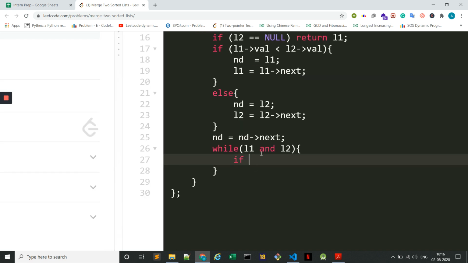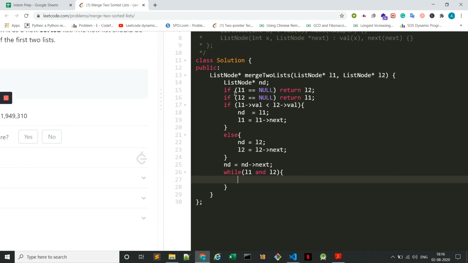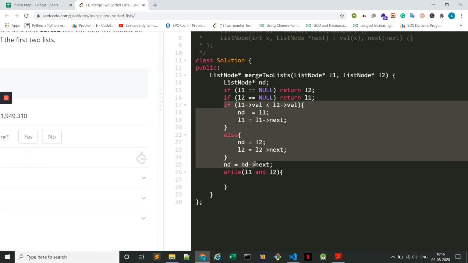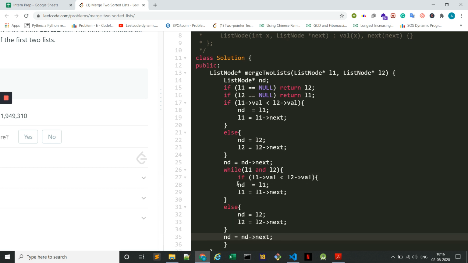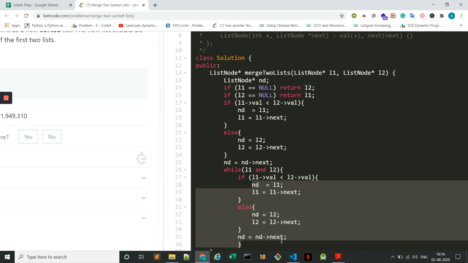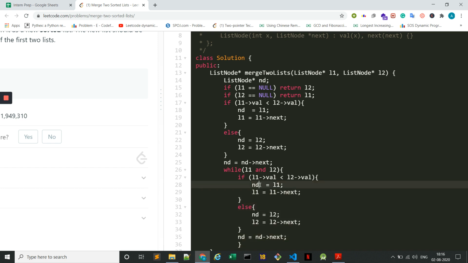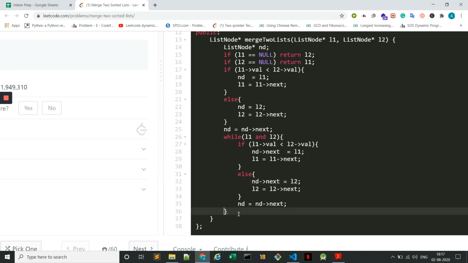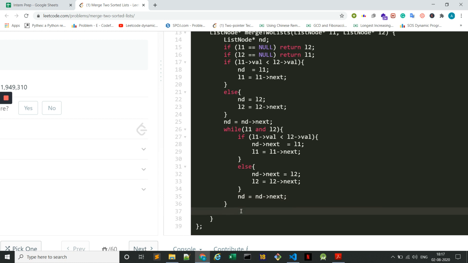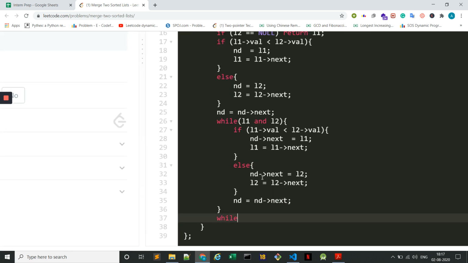So if L1's value is less, this is the same story that we need to make again. We just need to change this, because we first initialized it, and then let us say after this step L1 or L2 got null.